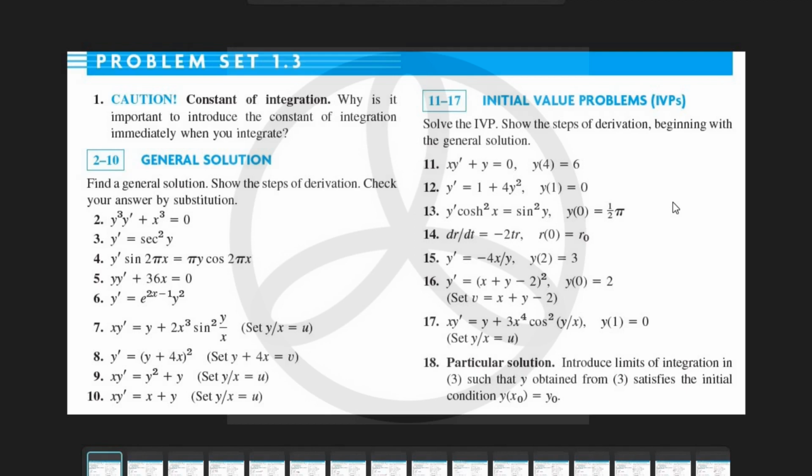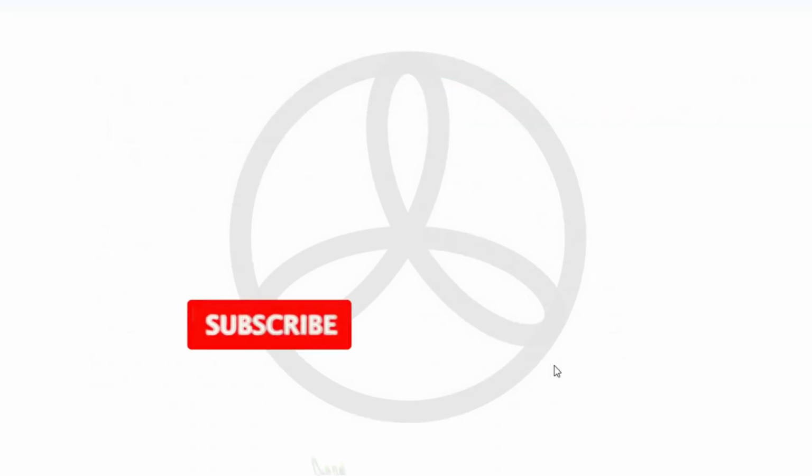Okay. So we start with the first question, which is actually a theoretical question. It asks why we add a constant of integration.